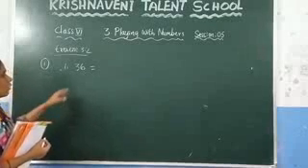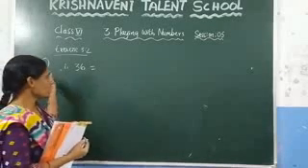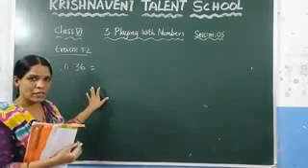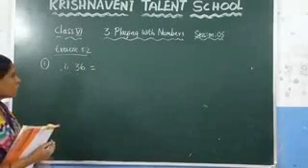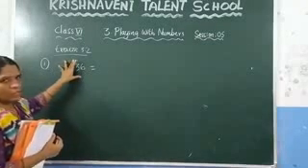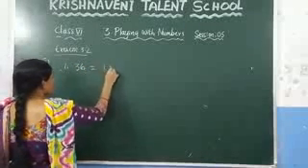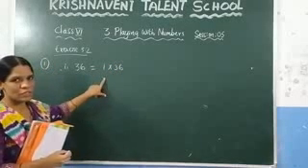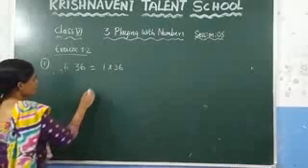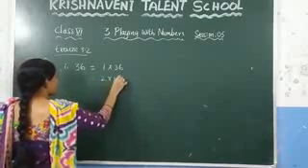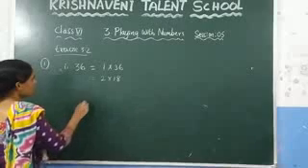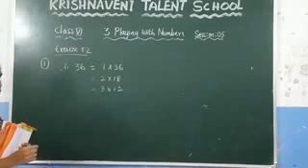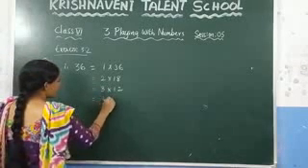You need to find the factors of 36. That means if you divide this number by another number, you have to get the remainder as 0, so we can say that it is a factor. Since it is a bigger number, follow this method. 1 into 36 is 36. Then check the next number, 2: 2 18s are 36, right? Similarly, in the 3 table you will get 3 12s, and in the 4 table, 4 9s are 36, right?